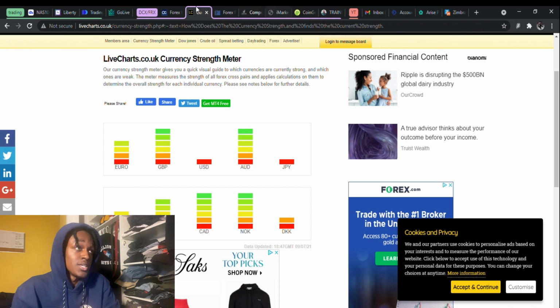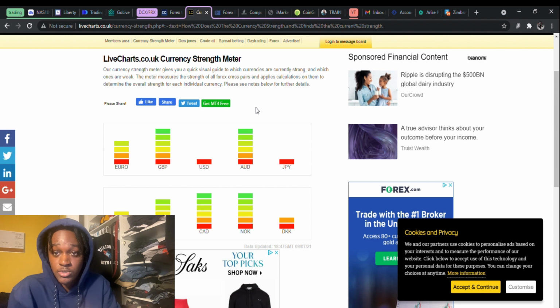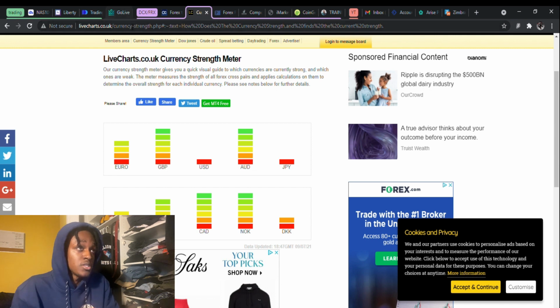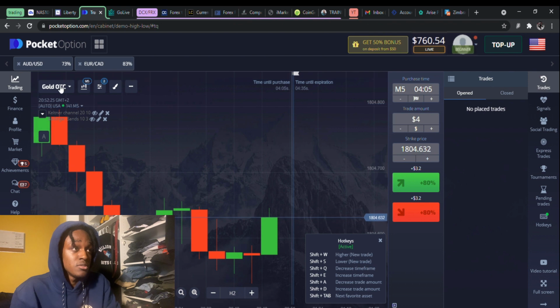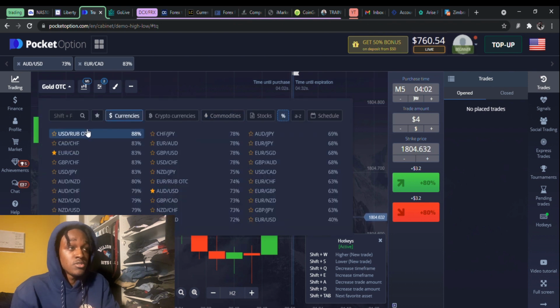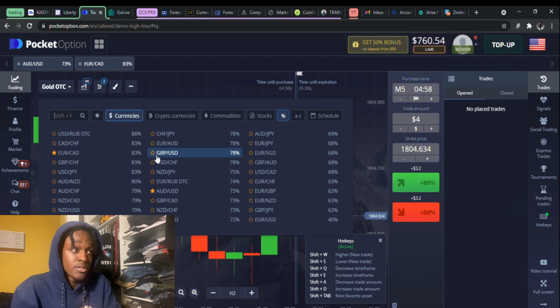We are going to come to livecharts.co.uk, and this is our currency strength meter. The reason I say come to this website is because this is where we're getting all of our trade ideas, okay? So let me give you guys a little tip. You can come to Pocket Option, click on the currencies, and you see you have a list of all the currencies. Right now we're going to go to the highest currency, the highest percentage, and we can see